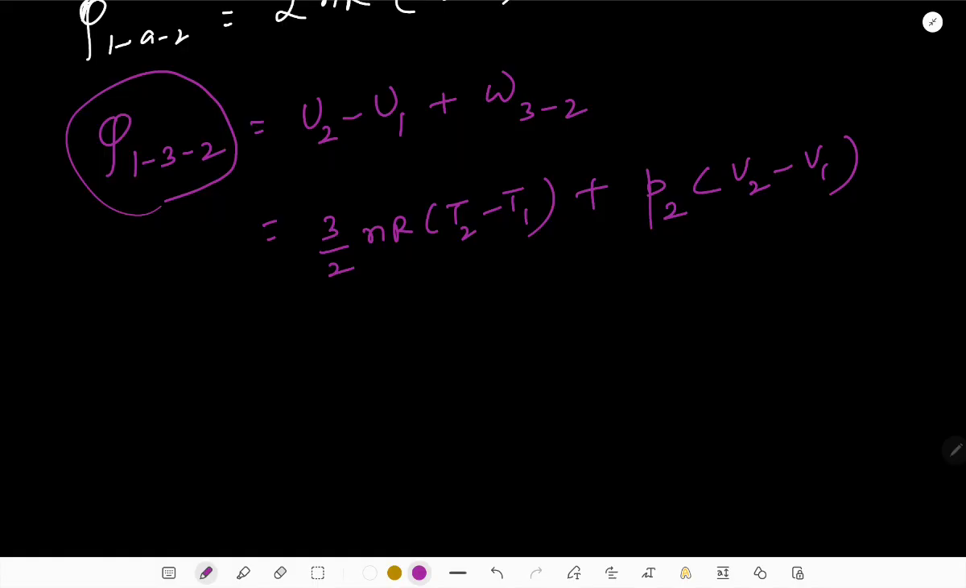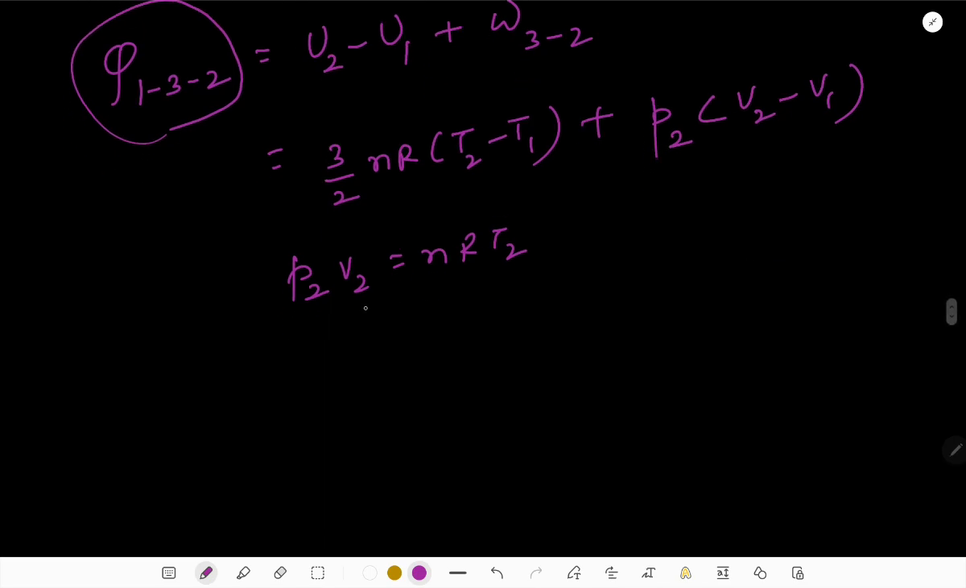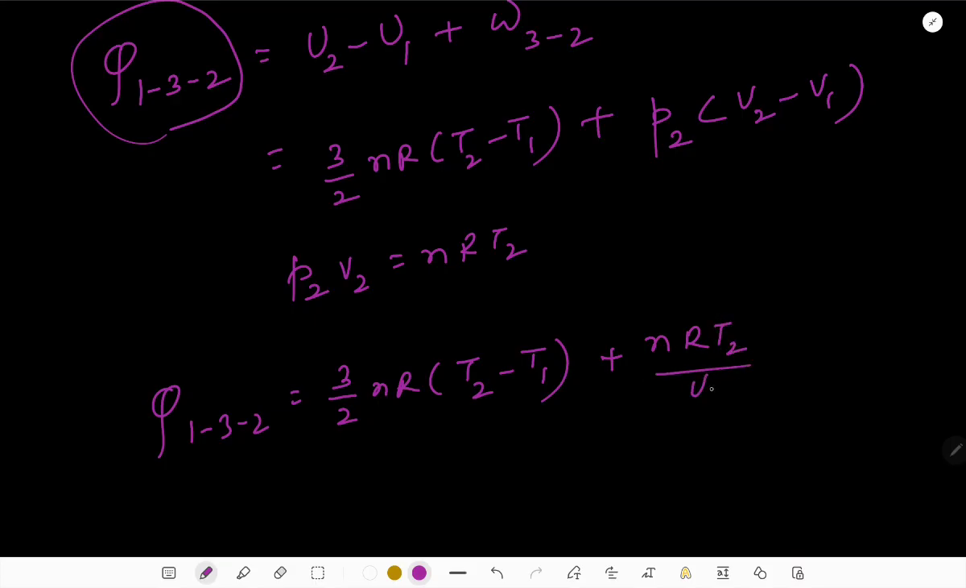However, this P2 can also be changed in the form of nR, because the first result is in terms of nR, so I would like to write P2V2 equal to nRT2, and I'm going to put P2 from here. So Q for 1 to 3 to 2 is 3 by 2 nR(T2 minus T1) plus nRT2 by V2, or I can skip one step and write it as (1 minus V1 upon V2), and it looks familiar. T1 and T2 are given, but what we are not given is V1 and V2, so I'm going to use